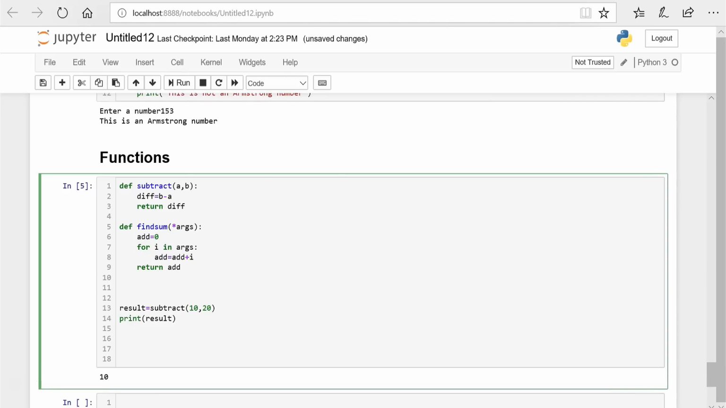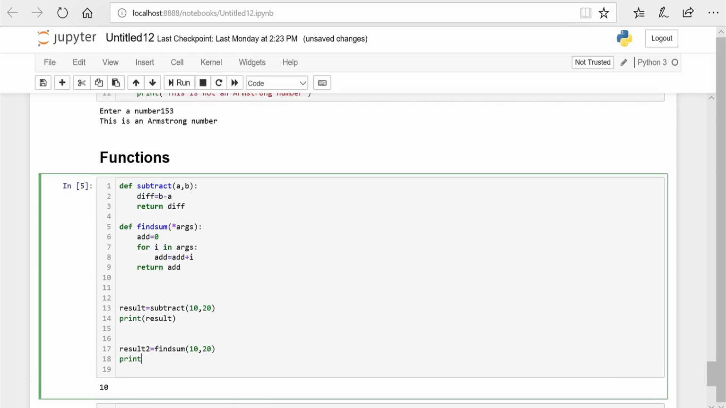Now we can make a call to this. Again, since this function returns a value, we need to have a variable here which is ready to accept the value. That'll be result2. Then I say find_sum, and pass numbers to it. So I'll be passing 10 and 20 here,